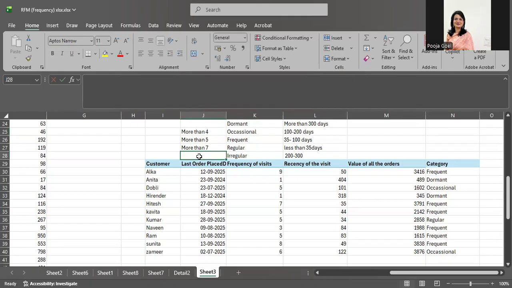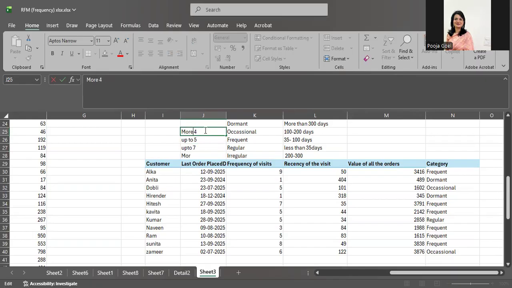Maybe if a person is repeating more than 7, more than 5, or I can say up to 5, then up to 7, and then up to 4.